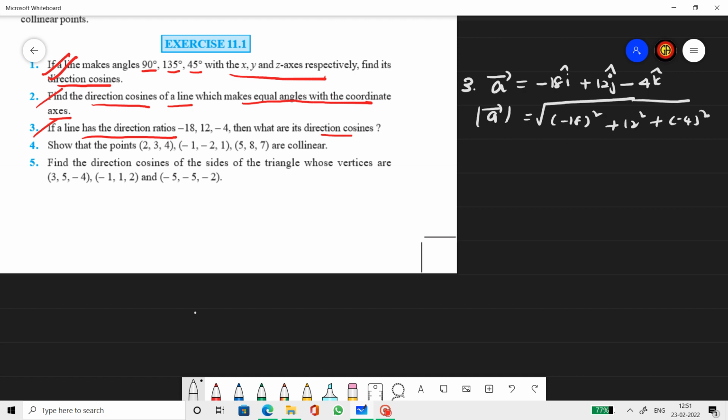So what do you get as a result of this? You get 22. Square the numbers, take the root, you will find it is 22. Hence,